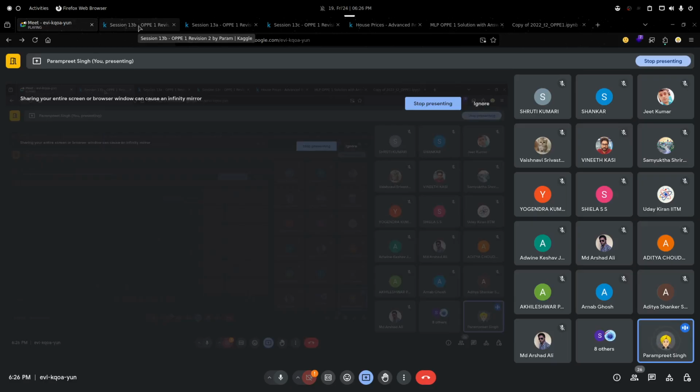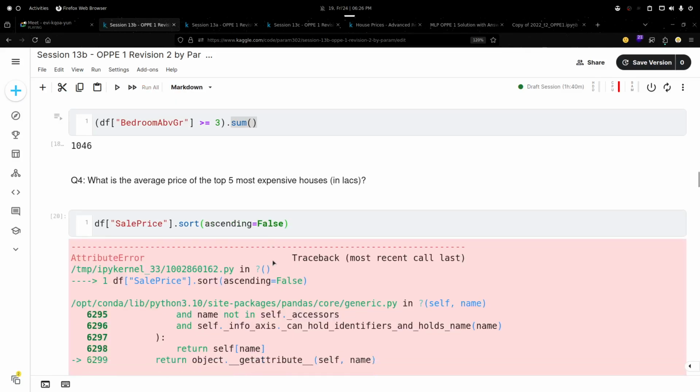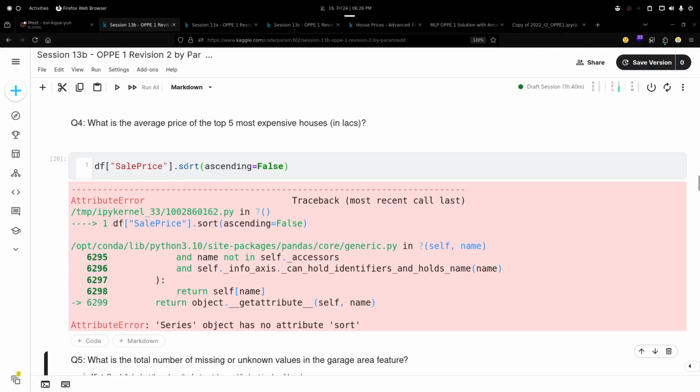This is the question in NPPE 2, right? Similar question. We can sort that. Sort and set ascending to false, right? Yes, we can do sort like this also, with sort underscore values.